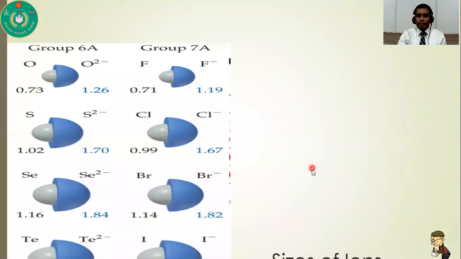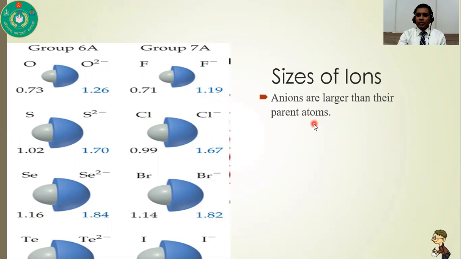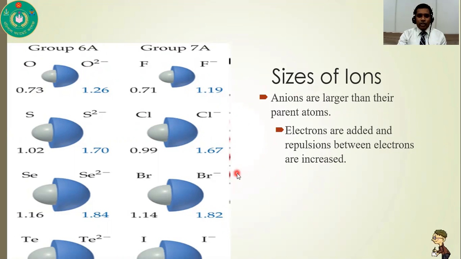So in case of anion, here you can see how an anion forms: when electrons are added to neutral atoms, it results in anions. So anions are larger than their parent atom because electrons are added to the parent atom. When electrons are added, sometimes it may result in a new energy shell, or maybe not. But as new energy shells are added, the attraction between the positive charge at the center and electrons decreases. That's why the atomic radius increases in case of anions.